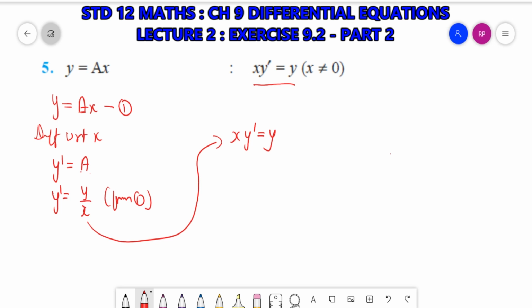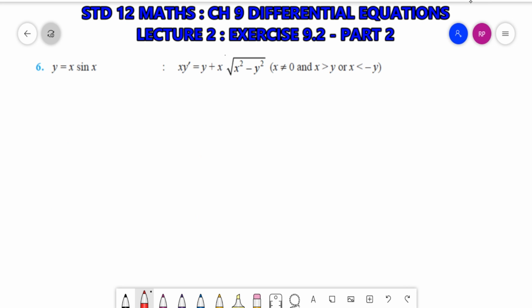Now let's move to the next. That is question number 6. Question number 6. y is equal to x sine x. And you have to prove this is the solution of xy dash equal to y plus x under root of x square minus y square. Okay, so now differentiating with respect to x,